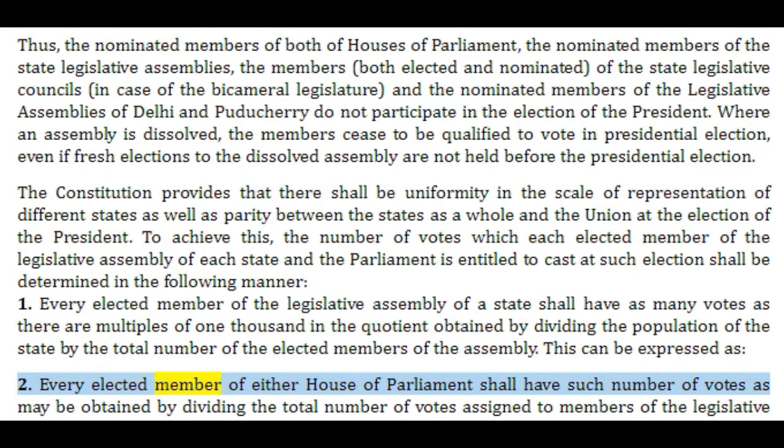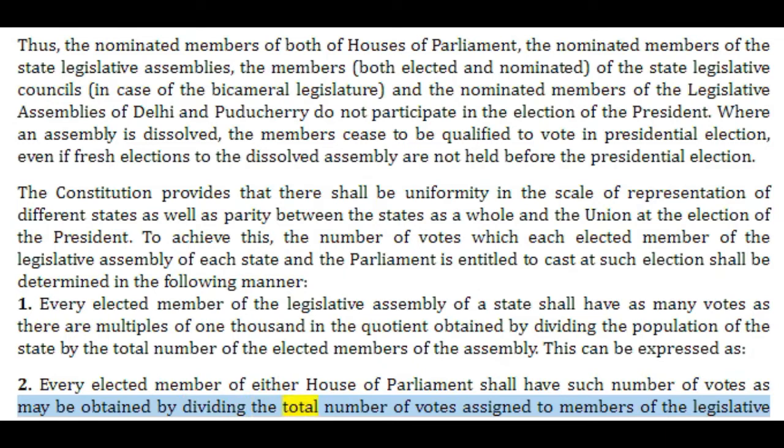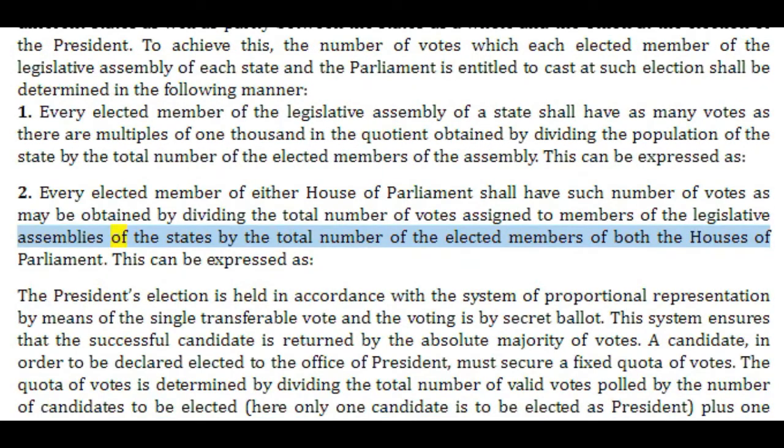2. Every elected member of either House of Parliament shall have such number of votes as may be obtained by dividing the total number of votes assigned to members of the legislative assemblies of the states by the total number of the elected members of both the Houses of Parliament. This can be expressed as: